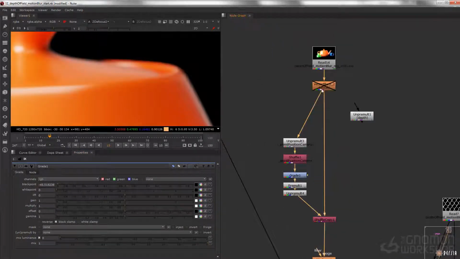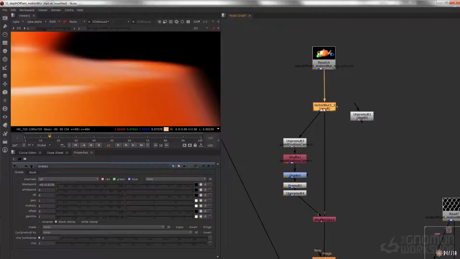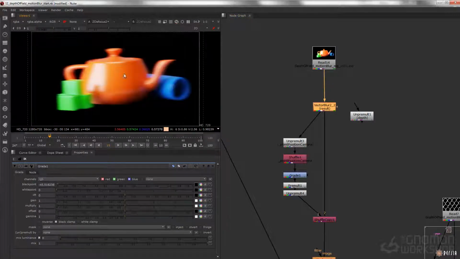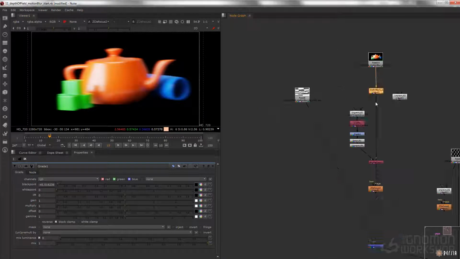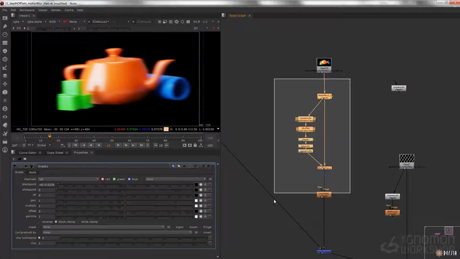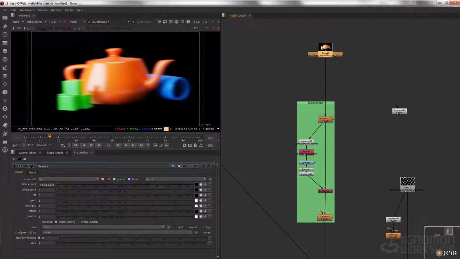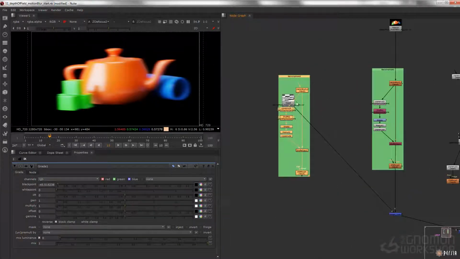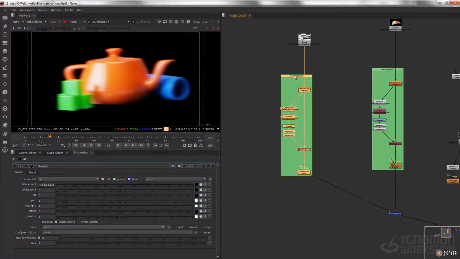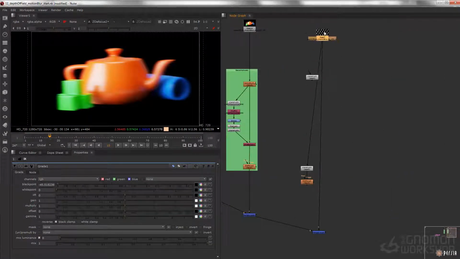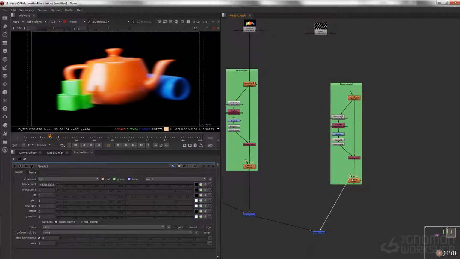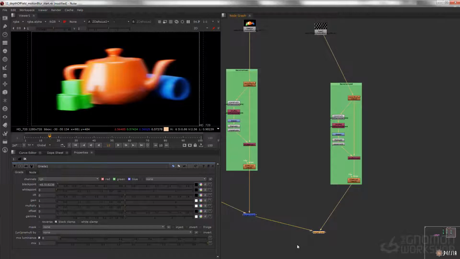Cool. So now we can re-enable our velocity blur. And now if we just copy and paste all this information, I'm just going to backdrop this, just like that, and copy this, paste this for our set, just like that. So we'll merge that in at the very end. And then the same thing for our foreground over here. So I'll just get rid of all that and then paste this and then hook all that up. And now if we check out our results,